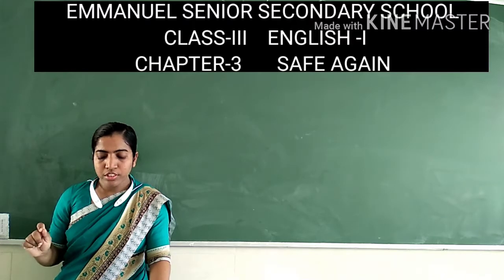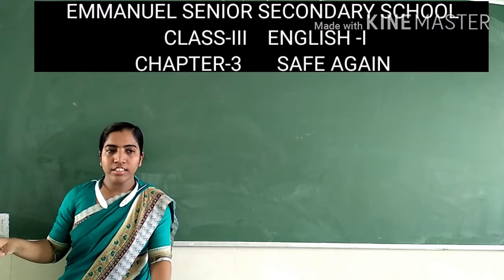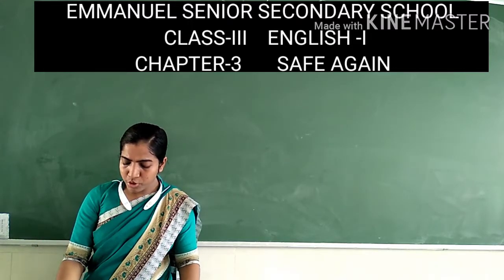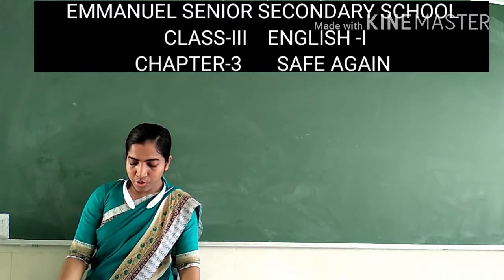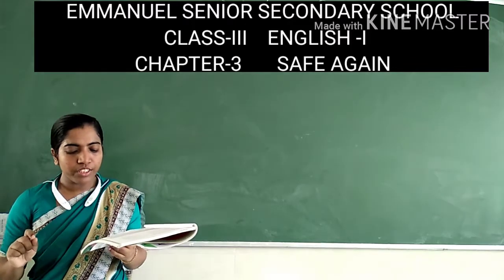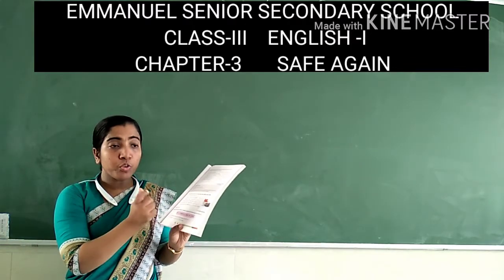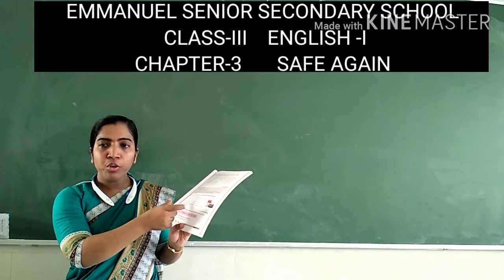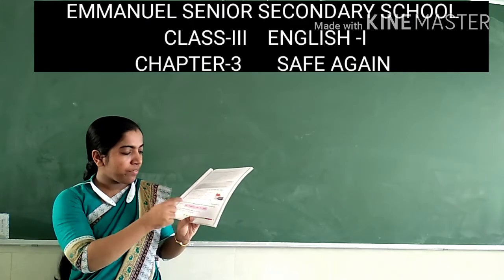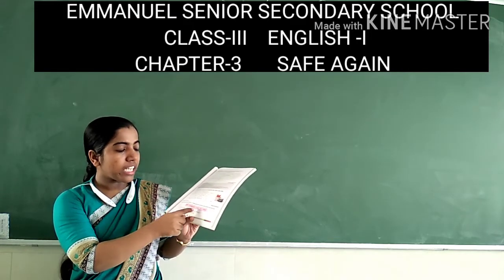Possessive pronoun shows that something belongs to someone. किसी चीज किसी से belong करते हैं. That's what possessive pronoun. Now the third part of this grammar portion is talking about words in use. Okay, replace the words in color in these sentences with the words from the box. So एक एक सेंटेंस में कलर में कुछ वर्ड्स दिया गया है, उसके बदले आपको वर्ड्स को इस ब्रैकेट में से चुनकर लिखना है. You have to select the appropriate word from the box and replace the colored word.